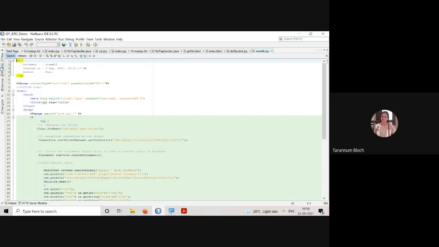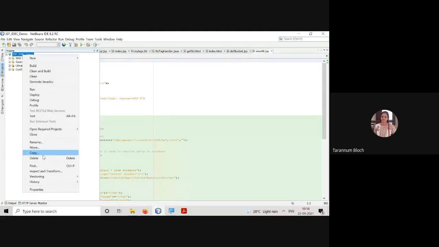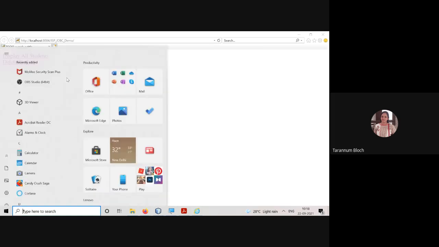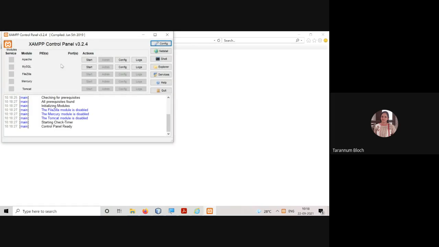Look at my project. I'm running the project first and then we'll discuss the functionalities. So you can see here, I have two options. This is my index.html. View all students. When I click here, it will read the students table and read out whatever details are available in the students table. Fine, right?